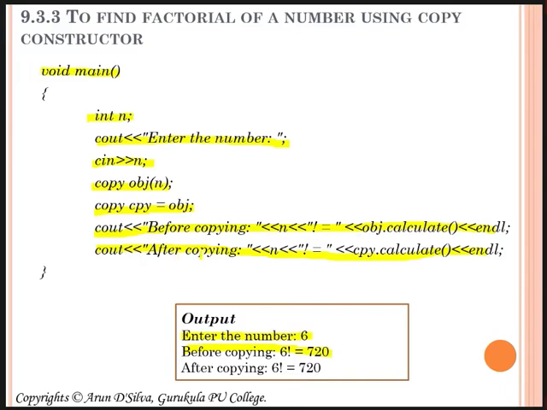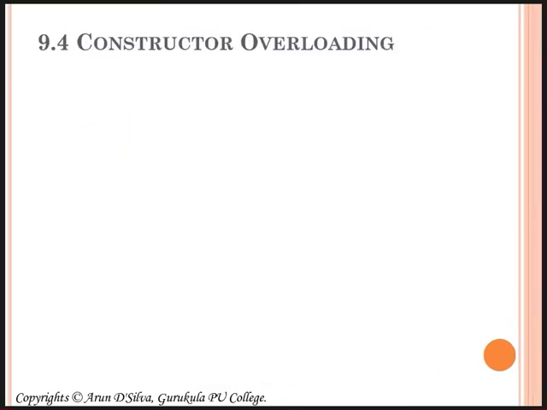Now what is the factorial after copying? It is the same thing. Whatever the contents of obj are, that itself is copied to cpy, right? So even cpy's answer is also coming as 720. Moving to the next,